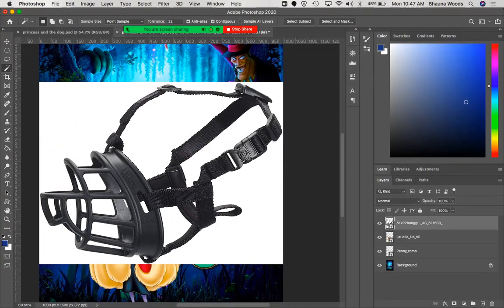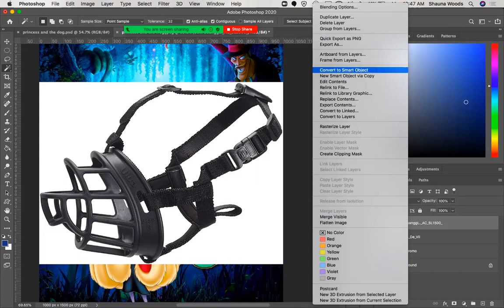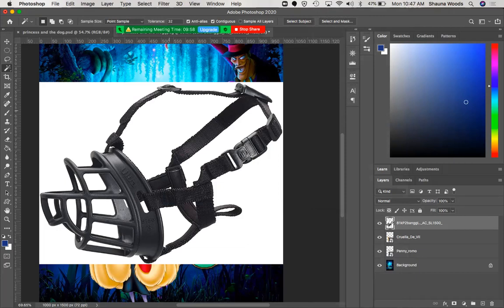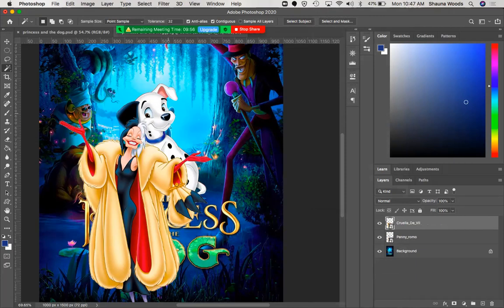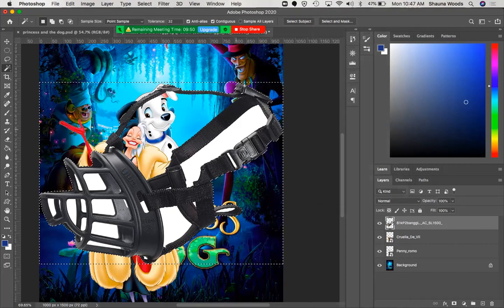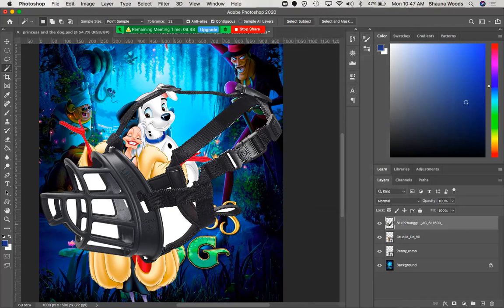Why is it not editable? There we go. For some reason I had to rasterize the layer to be able to delete certain parts.